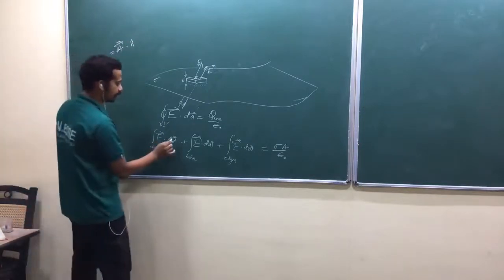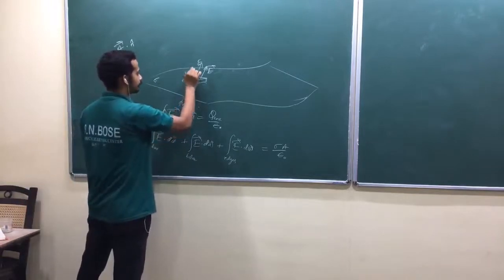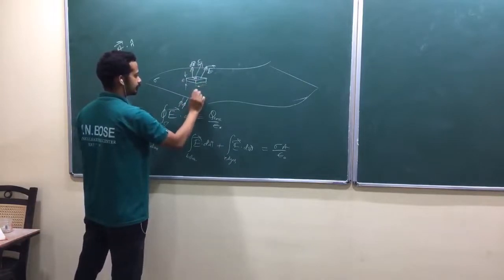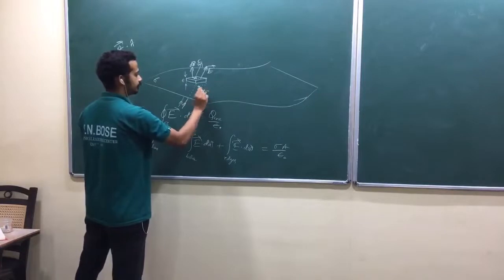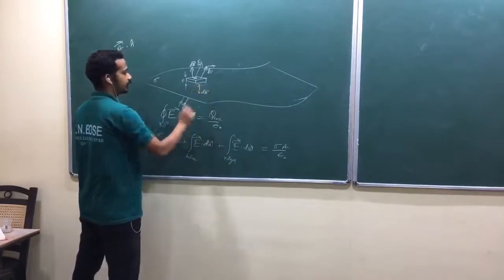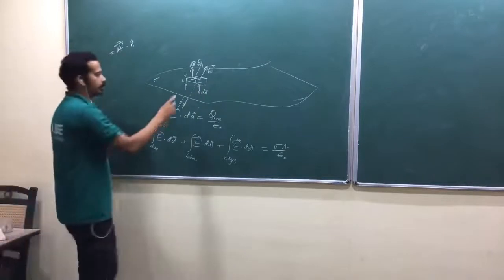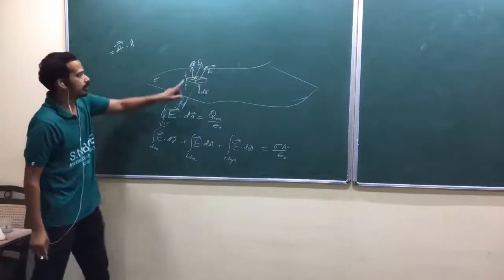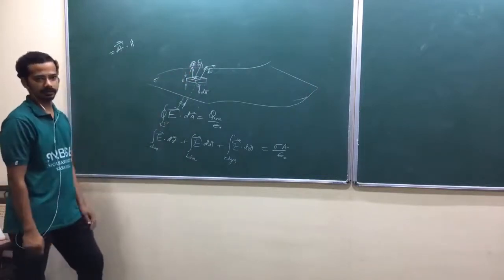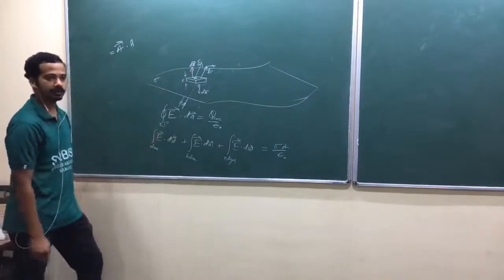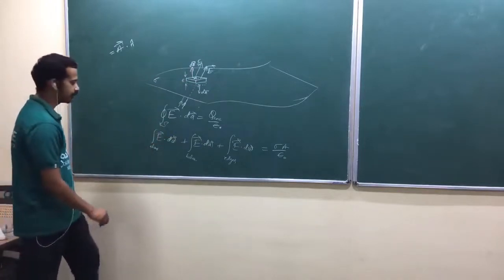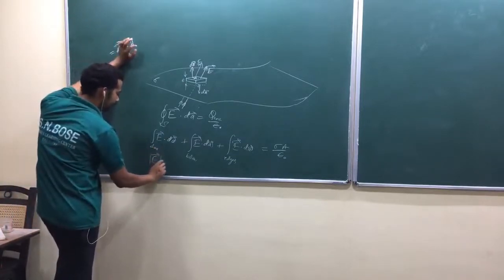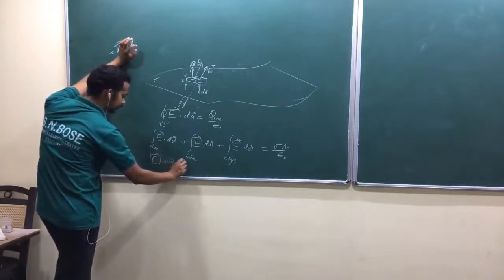Am I right? Now look at here, the dA vector above, it is in this direction. Am I right? The dA vector below, it is in this direction. Okay, for the below surface area, the dA vector is in this direction. Am I right? So you are taking the electric field dot product with dA. What will it do? It will choose the component of the electric field along the direction of dA. Isn't it? And again, the magnitude of dA is multiplied. So that's why what I write here is, look at here, mod E bar into cos theta into mod dA. Can I write like this?